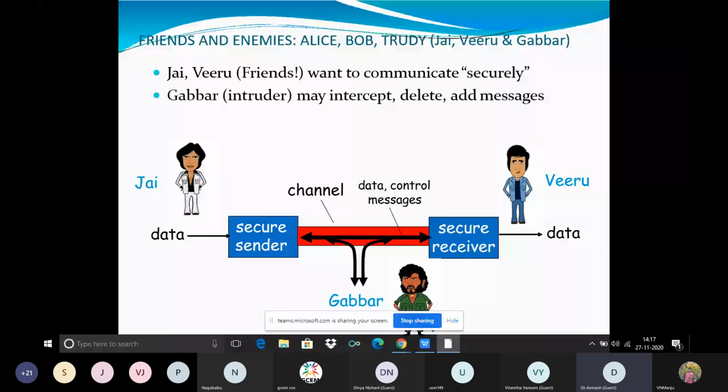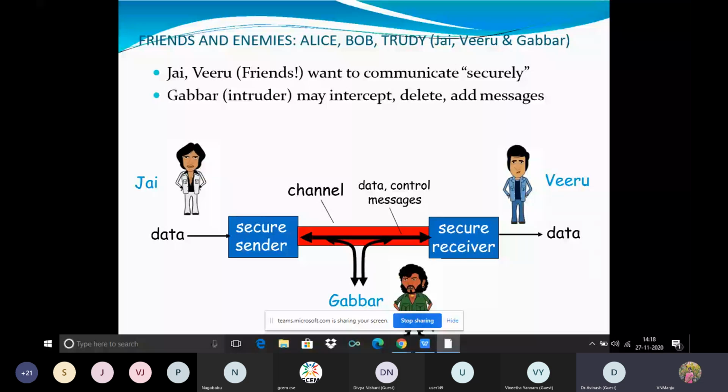Okay, so there is a channel, a data channel, through which the first person, Jay, wants to send messages to Viru. What happens is that there is a particular person who is the enemy, the attacker. So Gabbar is the attacker, and what Gabbar can do with the message is either alter or delete or intercept or add some additional content into the message which has been sent from Jay to Viru. So in the entire communication, we can see that